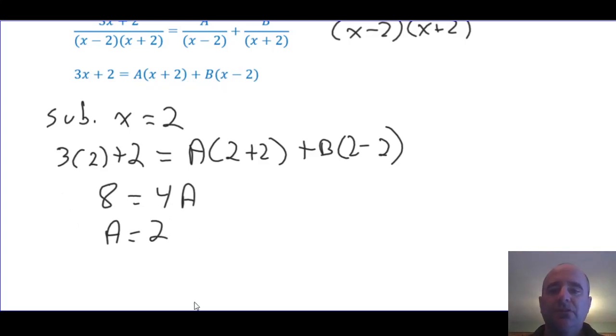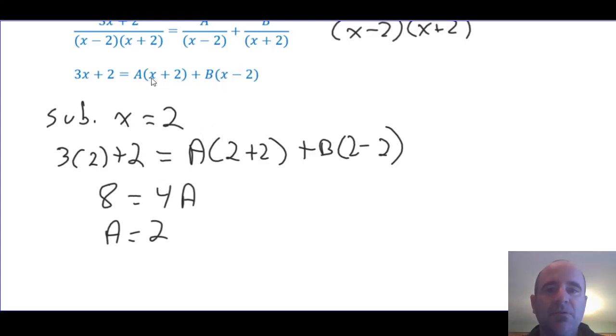So it's kind of a strange little trick that you've probably never seen before, this idea that I have an equation here that's true for every x, so I can pick whatever x I want and solve for it. And I chose x equals 2 because I knew that would eliminate the b. If I didn't choose x equals 2 and I chose some other number, say 3, then I would have had an equation in terms of both a and b, which I can't solve. Now you can probably think about what to do next.